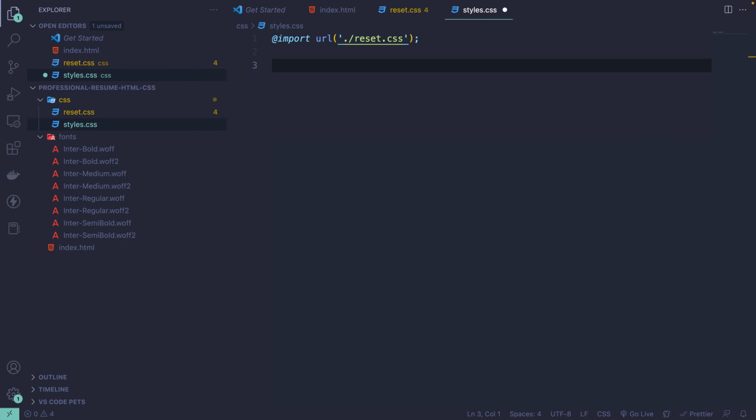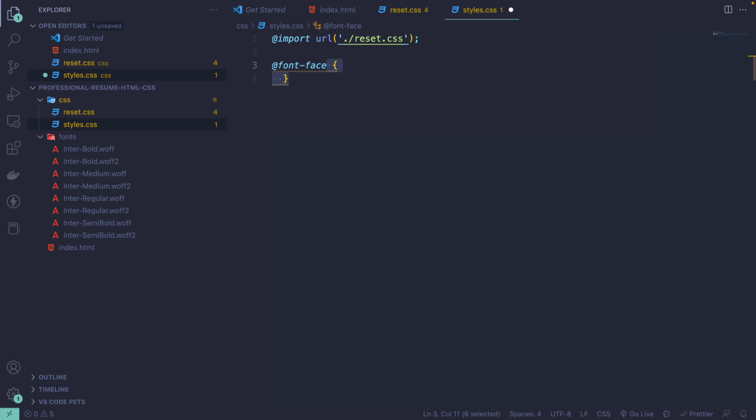The next thing we need to do is define our typefaces inside of our CSS. We can do that inside of our styles.css file. In order to define the typefaces, we can use the @font-face rule from CSS. The @font-face rule is used to define a custom font by specifying the font name, the font source, which is usually a URL to the font file, the font format, and different font style information like normal, bold, among other